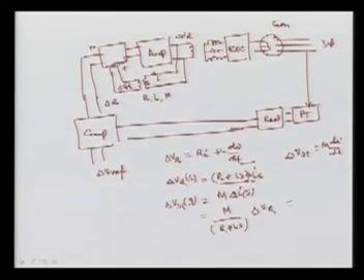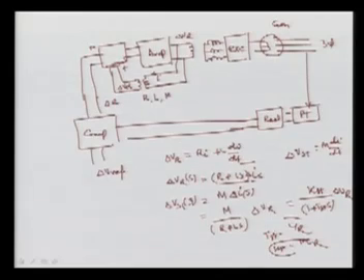or we can simply say we are getting KST, the gain, over 1 plus TST S, and we are getting here the change in the VR. So this is your time constant, and TST is nothing but L upon R, and your KST is M upon R. So these are the gain and the time constant of this feedback, and because TST is very small, if we put it there, then we can also improve the stability